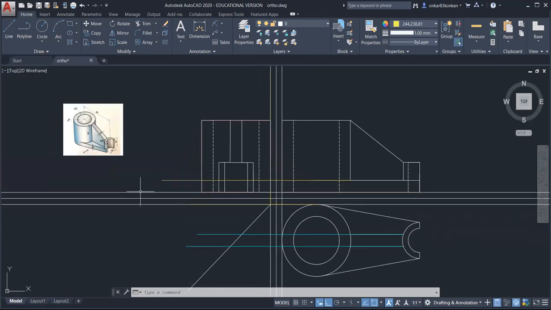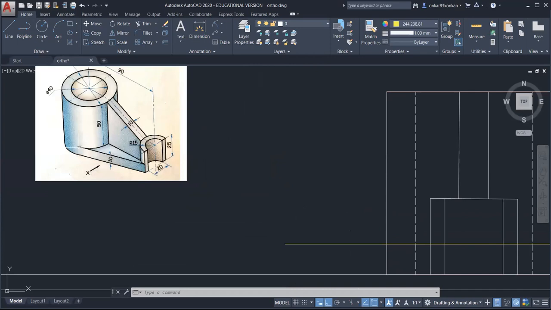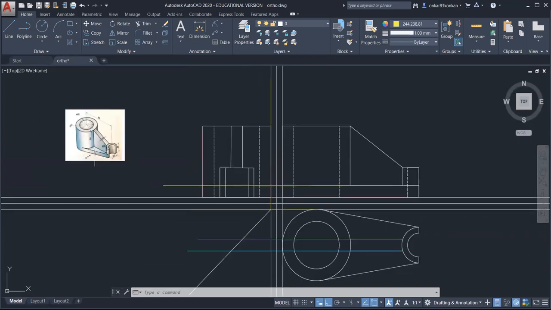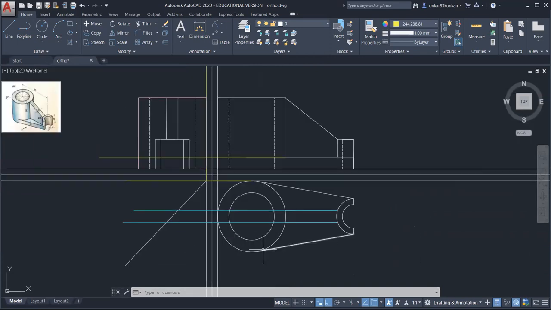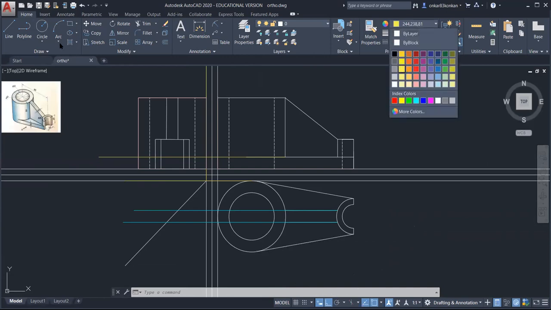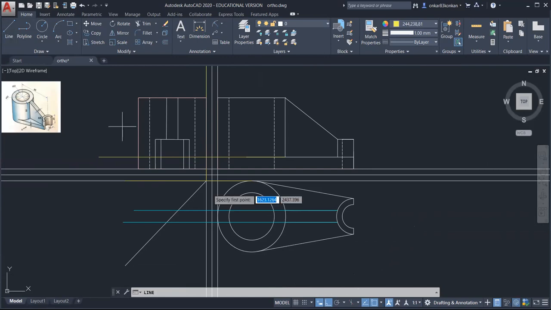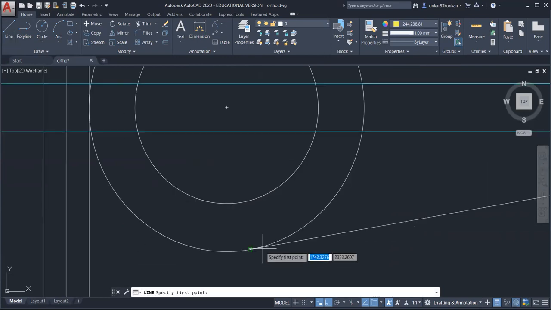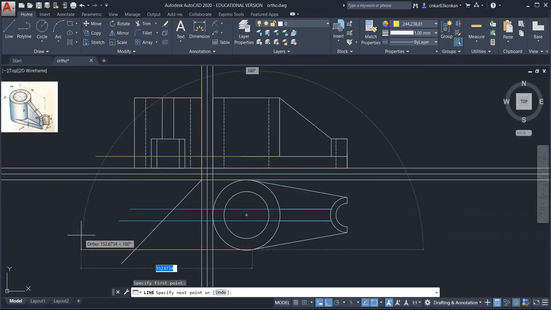And you can observe here, we need to extend this point. So for that, we should take the projection from this point of tangency. So from this point, so this is the tangent point. Take this horizontal projector.